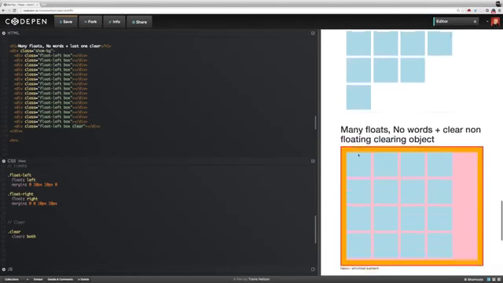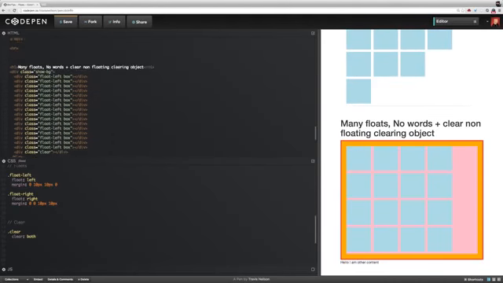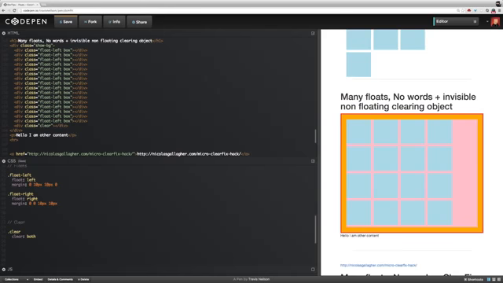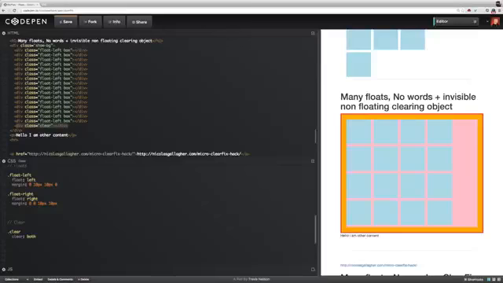And that's a key to understand of how to really control floats. So when we see that, what's the next example? An invisible, non-floating clearing object. What that means is I stuck an extra div in here with a class of clear, and I didn't float it to the left. So it does not have any height, and it's naturally 100% width because it's not floating left anymore. And that little div is creating that clear, which means that no more elements will float up around